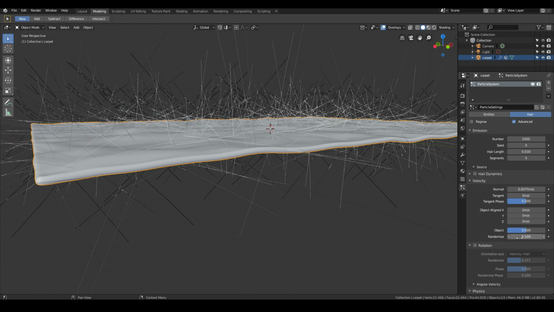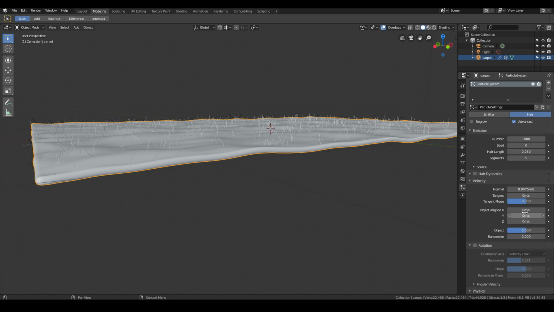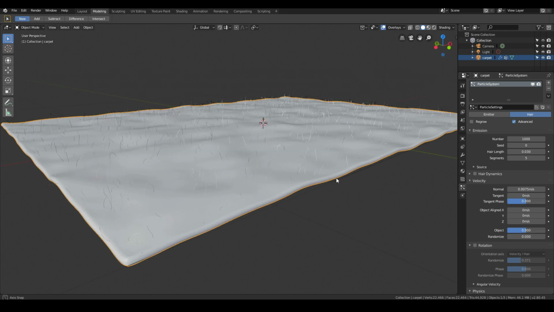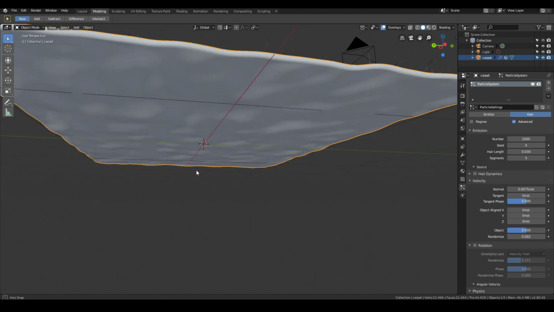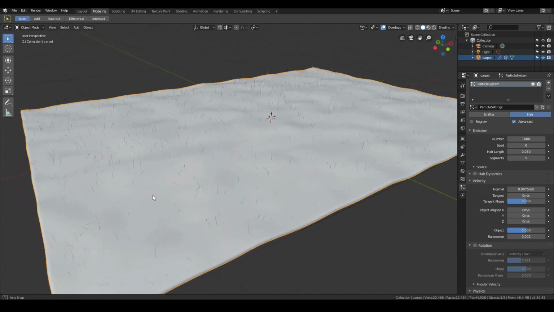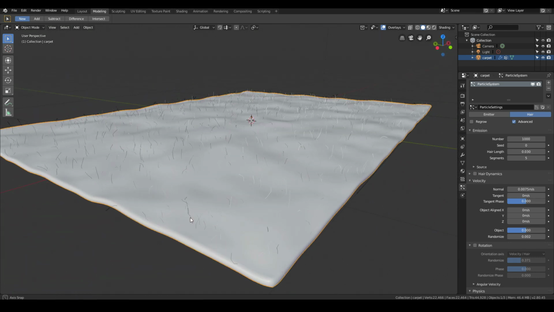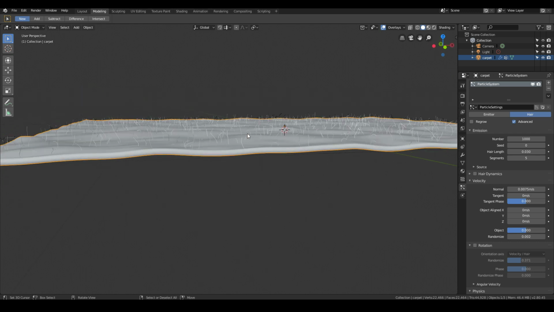So we can turn up the, oh, that's not the right one. I think, oh yeah, it is randomized actually. Yeah, okay, we can turn up the randomization, but when I do it like that, it's going really, really crazy, so I have to be even more subtle with it. Maybe I might go 0.01, no, maybe even smaller than that. Let's say 0.002. Yeah, I think something like that is okay. So we'll stick with a randomized value of 0.002, and we're now starting to get some nice looking variations